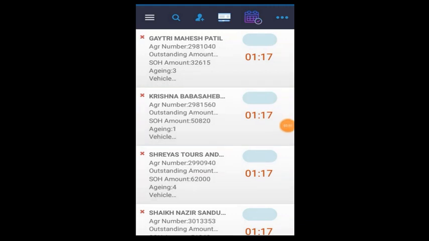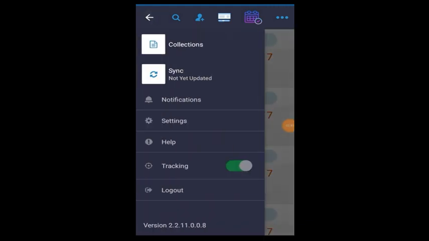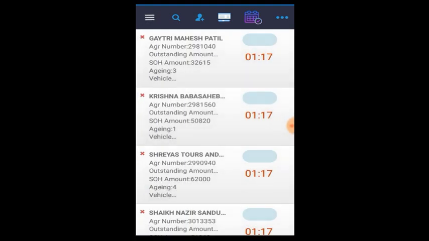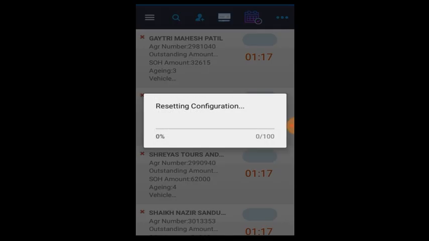Alright, the next option we will look at in the left drawer is sync. This option is for synchronizing all the data with the server. If you remember, we in fact did this activity automatically when we logged into the app for the first time on any given day.